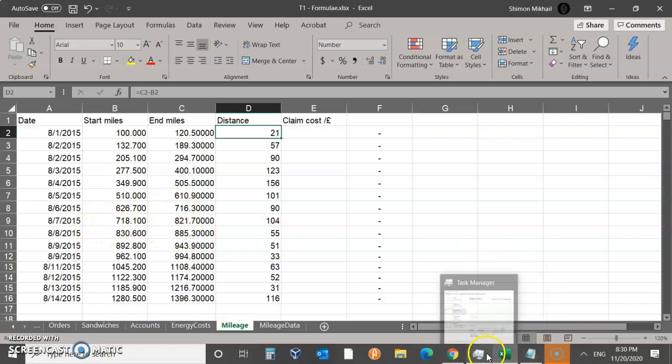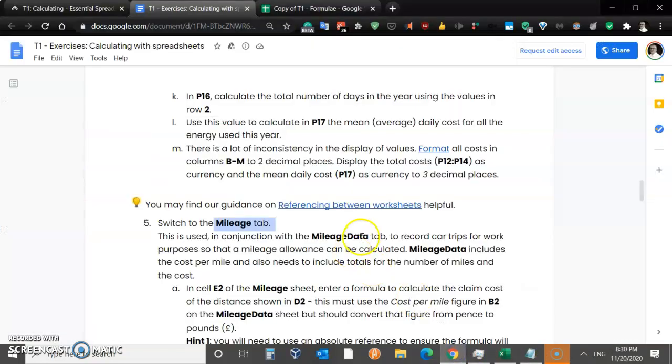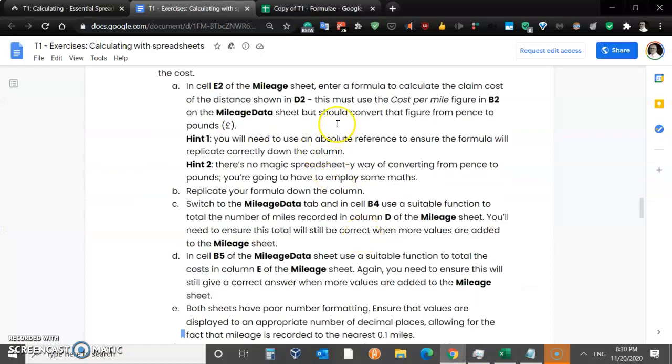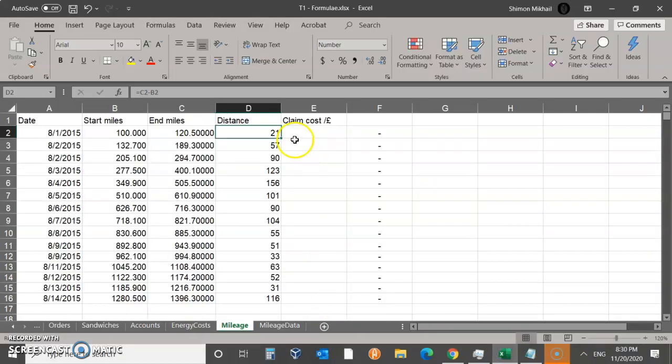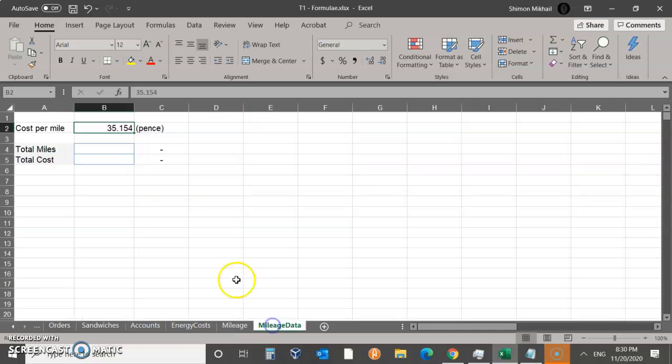So let's go ahead and try this out. We're going to go back to the question. Okay, so in E2, what do we want to do there? We want to work out how much we have to claim, and we have to go to a different sheet in order to do that. So this is the amount we traveled, 21 kilometers, and we're going to multiply that. If we click on mileage data, we're going to multiply that by